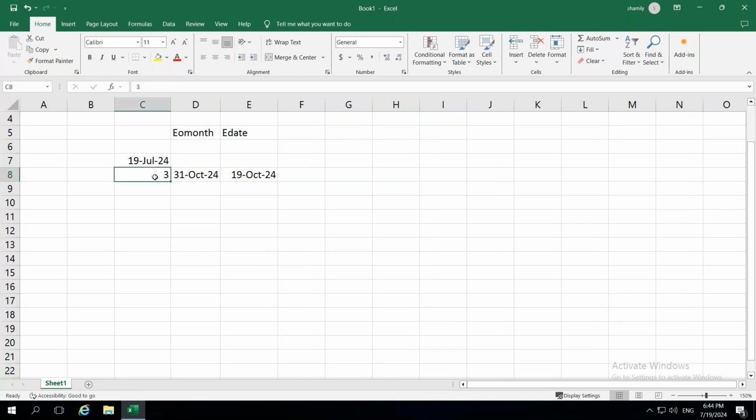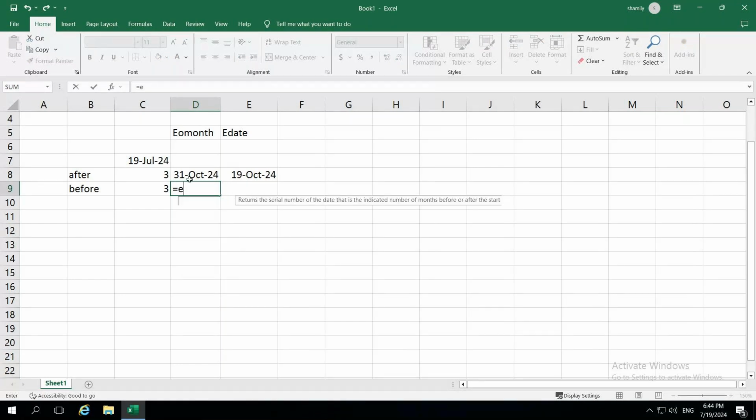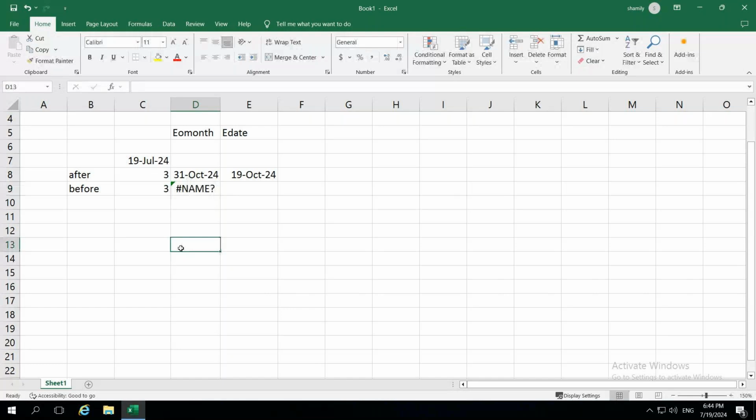This is for calculating after 3 months. But if I need before 3 months, same thing, before. So I'm going to use equals EOMONTH.